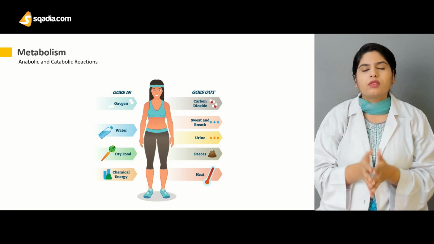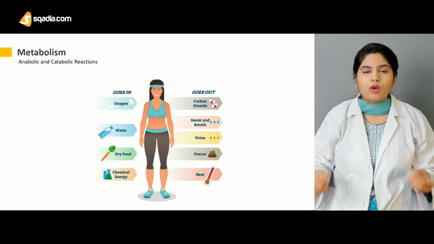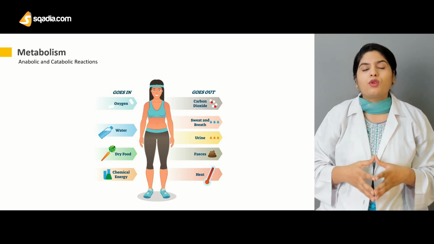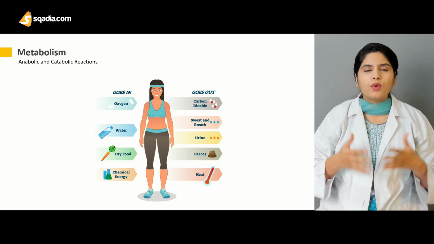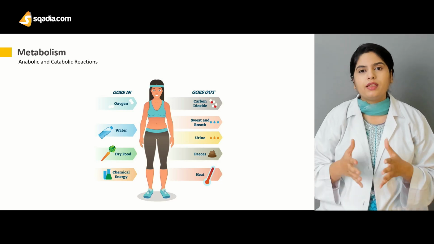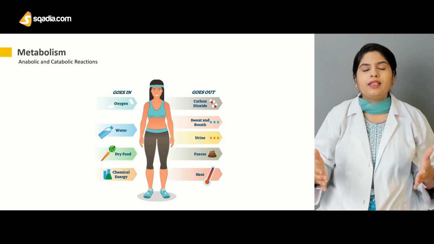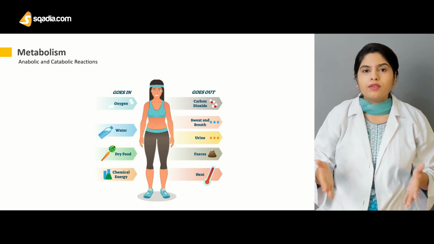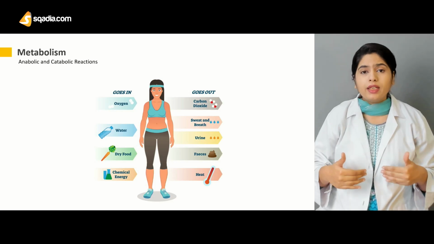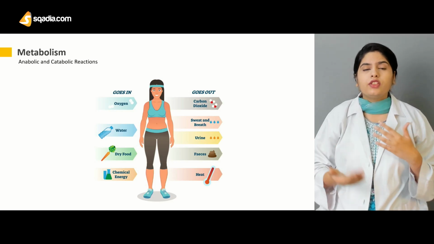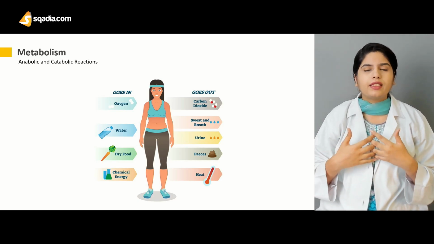chemical compound. Oxygen, O2, is the formula of oxygen. That is a diatomic molecule, and carbon dioxide is also a molecule that is formed of carbon and oxygen: one atom of carbon and two atoms of oxygen. So that's why you can say that two chemicals are involved that are entering and leaving the living body. When oxygen enters the body, it enters the blood, and the carbon dioxide is then exhaled and comes